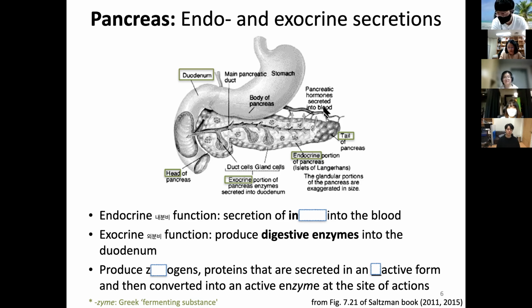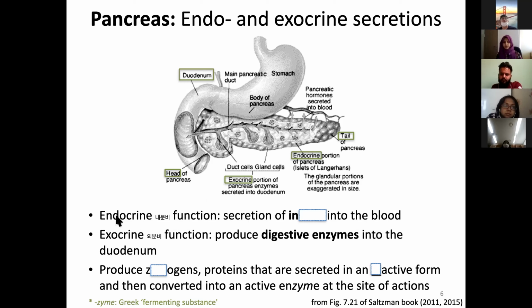That part we call endocrine, because it's getting into our circulation, which is pancreatic hormones secreting into the blood. The cells responsible for this are called islet of Langerhans cells. You will hear this term from diabetes disease. So the endocrine function is secreting this into the blood, and